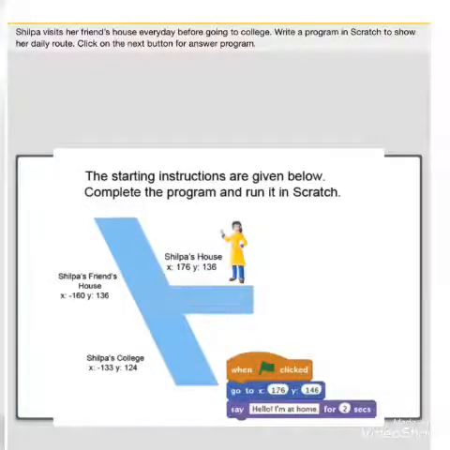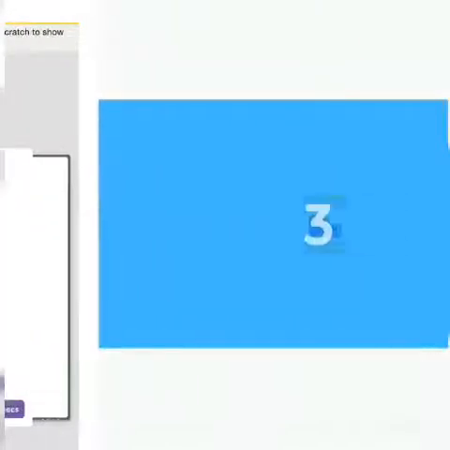Then, okay, now what do you want to do? First imagine yourself how you can write a program for this, because they have given you 3 commands. Now after this, what will come? Just imagine and write your own commands from the scripts given at the top. Okay, if you are finding it difficult to write it, you can check your answers here.